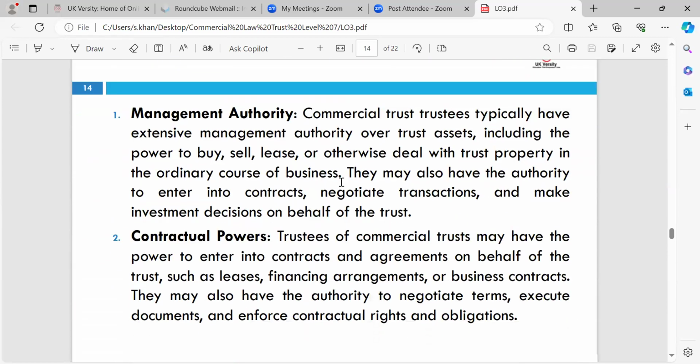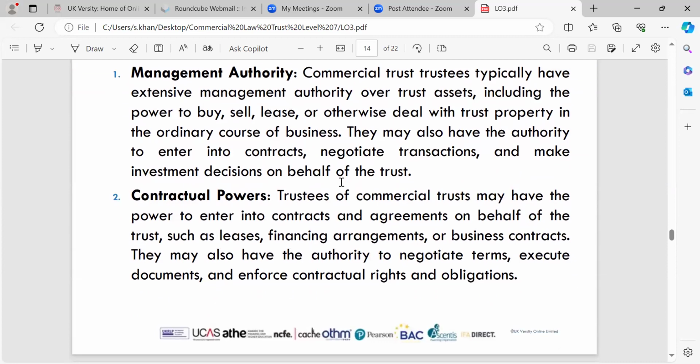Management authorities. Commercial trustees typically have extensive management authority over trusts, including the power to buy, sell, lease, or otherwise deal with the trust's property in the ordinary course of business. They may also have the authority to enter into contracts, negotiate transactions, and make investment decisions on behalf of the